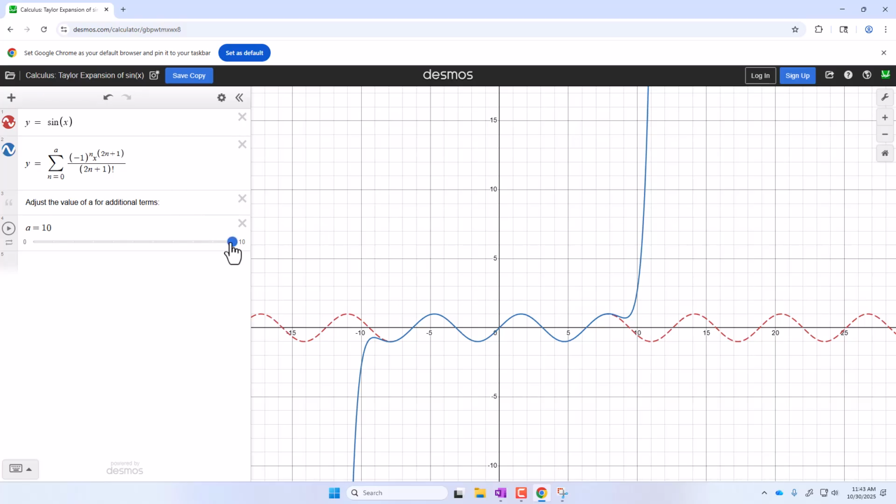So that's what a Taylor series does. That's what these infinite series do. They just start to wrap. If they converge for all reals, they just wrap around the function exactly. Now,